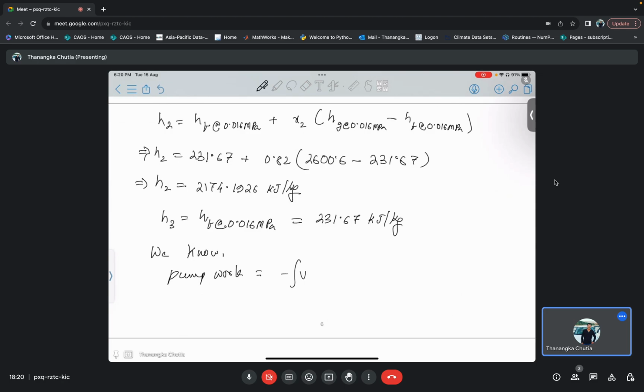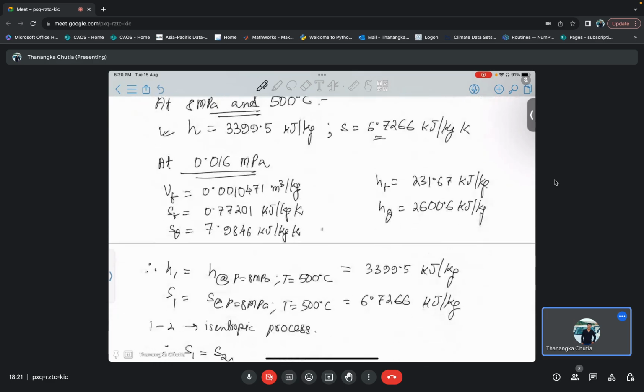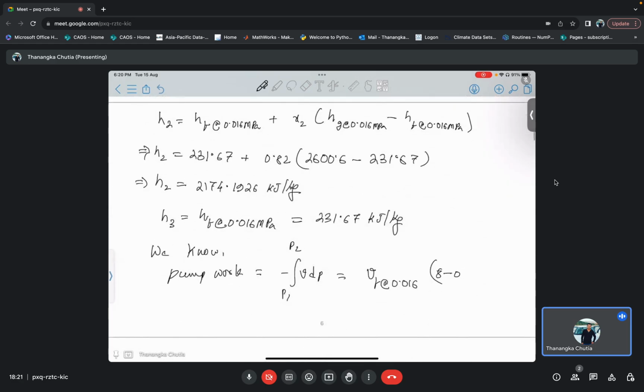Minus of VDP from P1 to P2, and in this case it will be VF at 0.016 times (8 minus 0.016) into 10 to the power 3